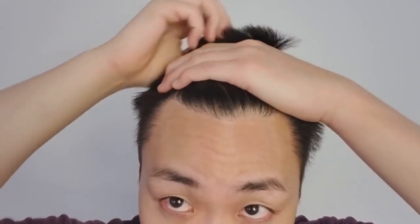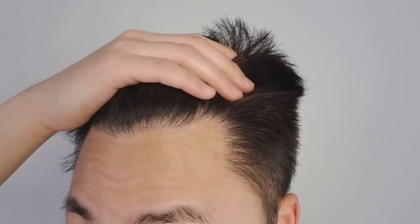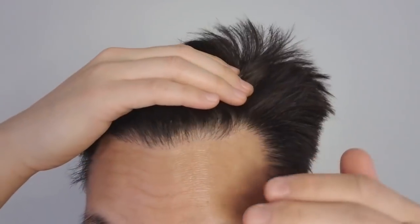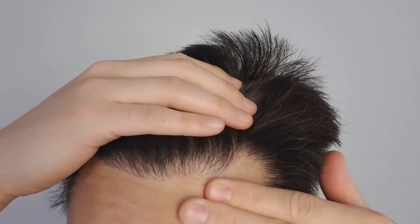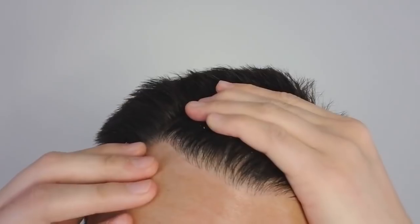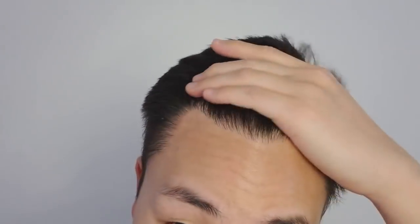A lot of people want to have second hair transplants to increase the density. And in my case, I'm also planning on getting one, but not anytime soon. As you guys can see, the density isn't there. A lot of you guys have pointed out that over here, the density isn't as full as, let's say, this side here. If you guys look up close, the doctor did insert some multi-hair grafts into the hairline,